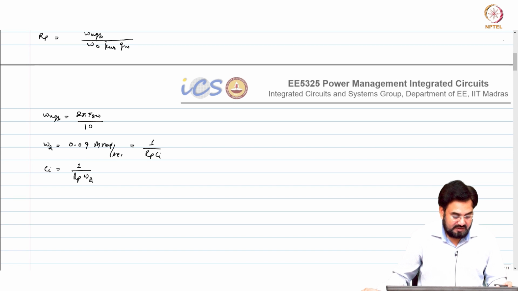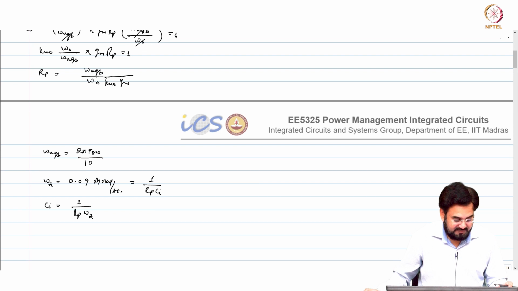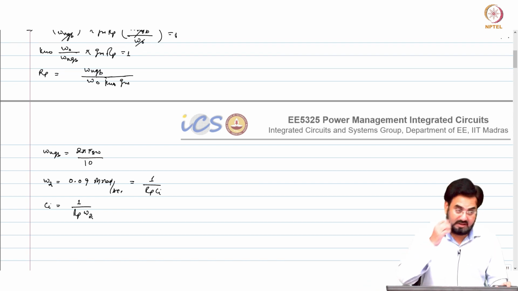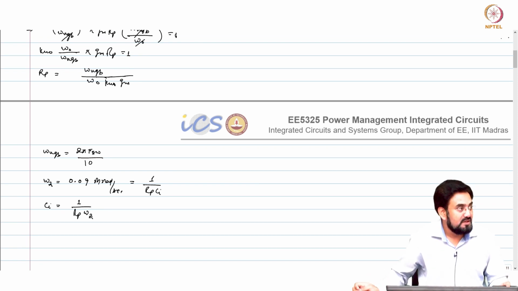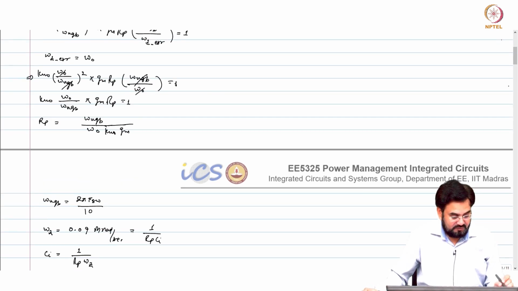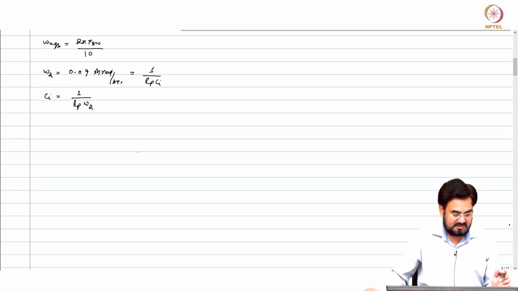Okay, so we were looking at type 2 compensator, and what we figured out is that inherently your converter is unstable if you use type 2 or PI compensator. So, we need one more 0 which can be introduced by adding an ESR at the output cap. So, from here we can calculate: we know omega UGB, we know omega naught, KU0 is known, and if we design your OTA for a certain GM, let us say 1 milliampere per volt, then RP can be calculated. And so, let us take an example.